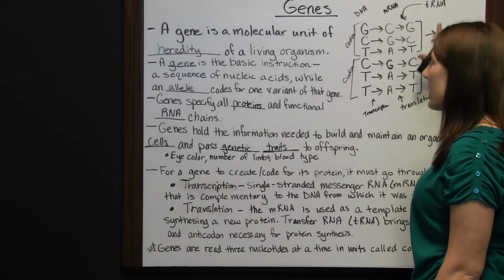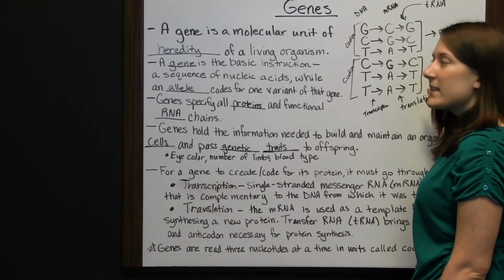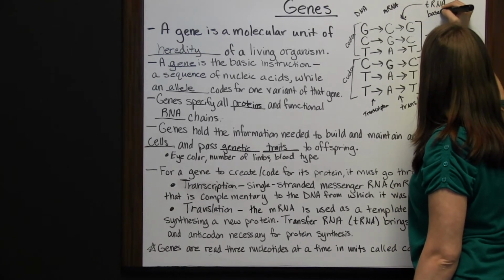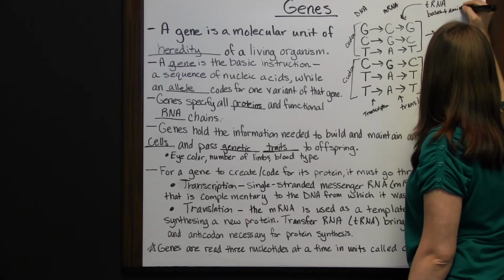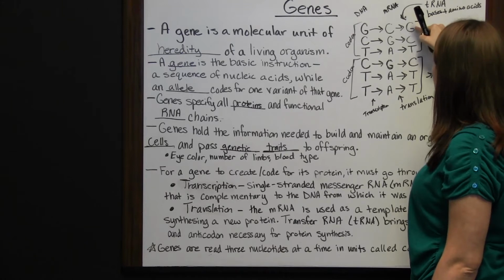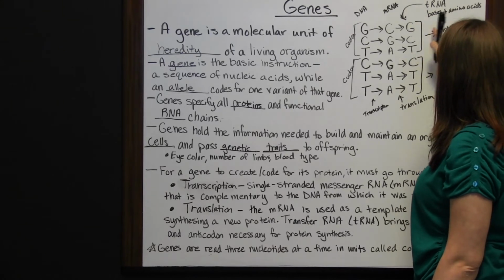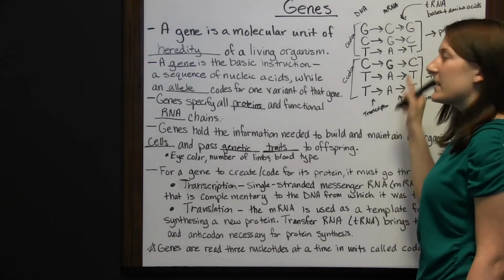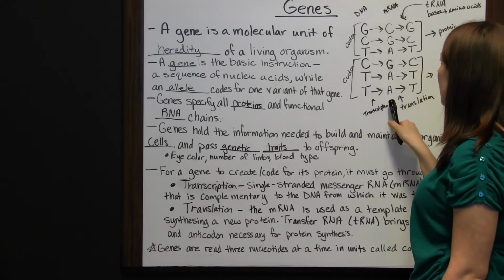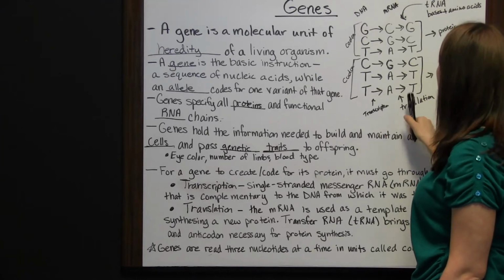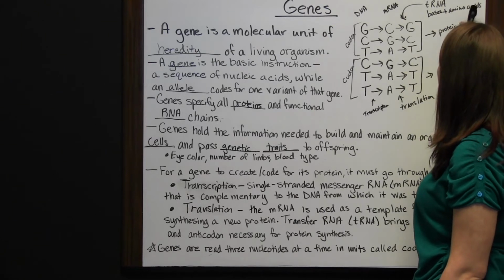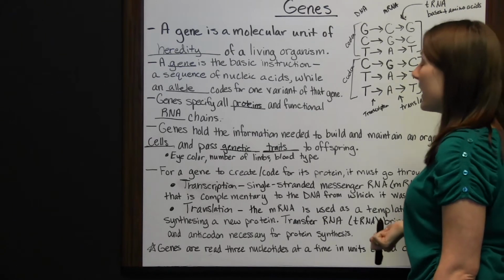And then the messenger RNA travels off into the cell to where the protein is needed. The transfer RNA is going to bring the bases plus amino acids. And then you're going to get these bases plus the new amino acids are going to give you your proteins that these codons were coding for. So you've got your transcription where it's coded onto the messenger RNA, and then you've got translation where it's decoded and the transfer RNA brings in what you need plus amino acids and your proteins are created.